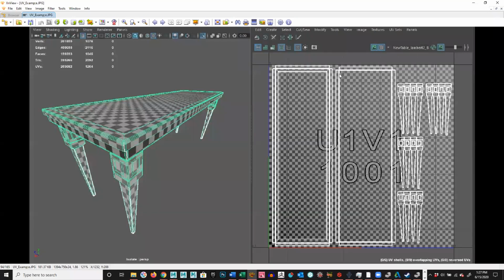That means there's a two-dimensional version of it that is flattened out: the top of the table, the bottom of the table, the legs of the table, so that when I bring this template in, I can paint directly onto them. So the first step, if I were going to texture, we don't really get into it. I do it as an extra and I do it in Art 86, not Art 85, but I get into it a little bit and I want to get into it more. This will basically go in and allow me to then take this as a template into Photoshop and paint it, or take it into